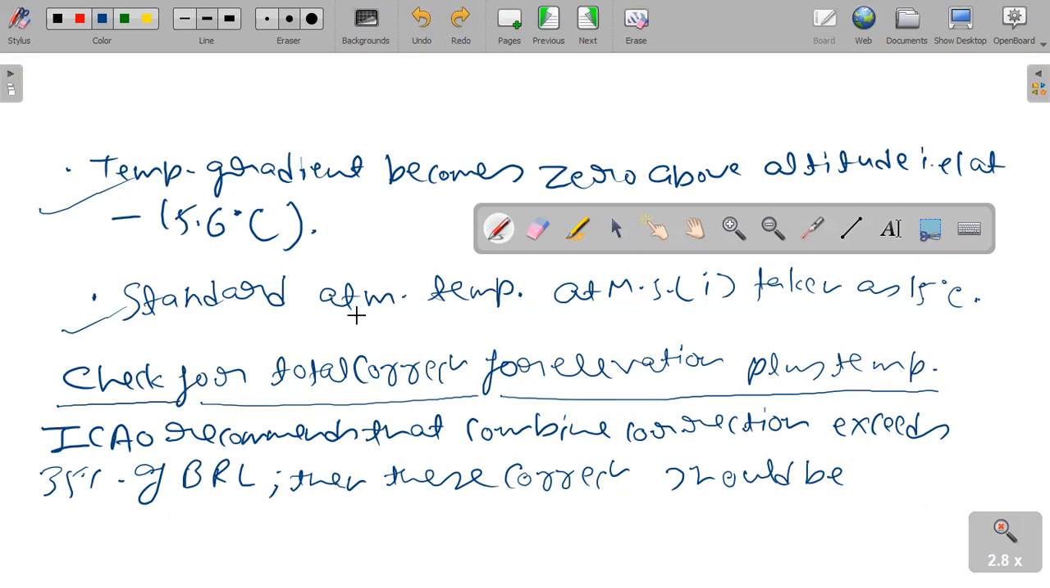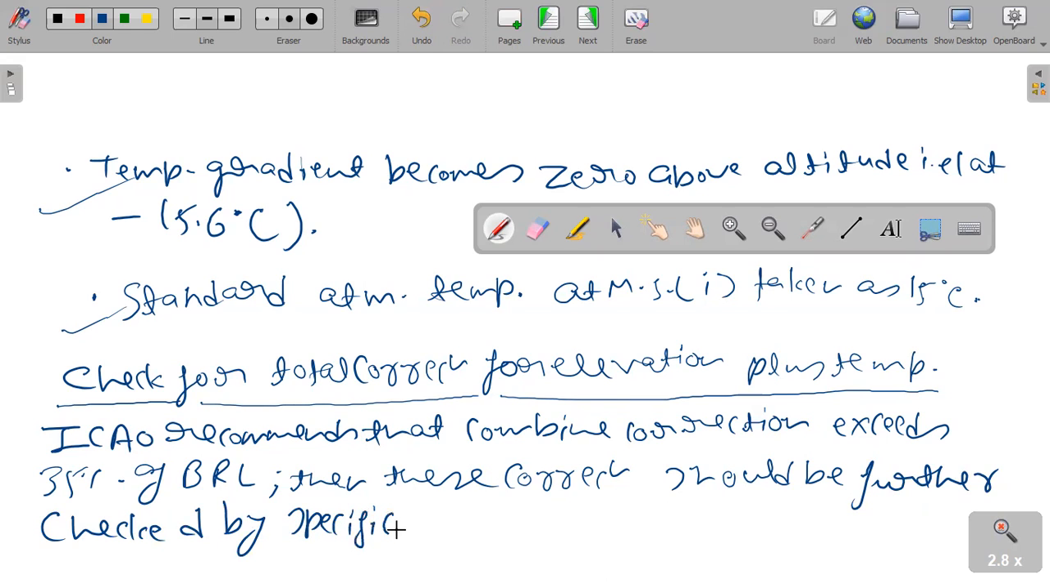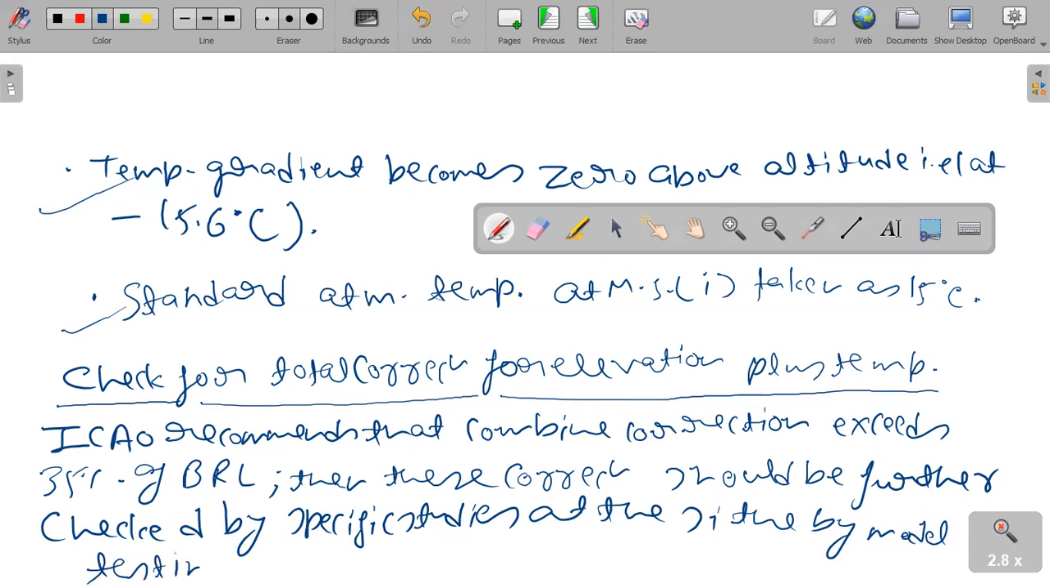Yeah, because it is a check, so it should not be increased. It should be further checked by specific studies at the site by model testing. Okay, so for check of total correction for elevation plus temperature, ICAO recommends that